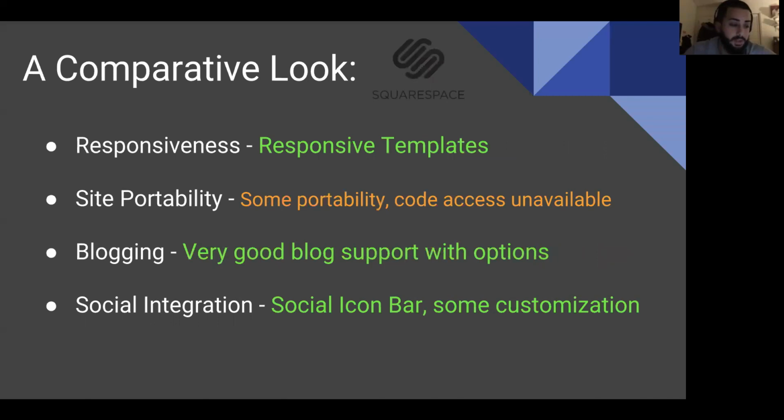The next one that we looked at was Squarespace. Squarespace does a really good job at responsive templates. That was one of the pluses with them. The only downside is there's really no customization on something such as the mobile versions of the website. So for example, a navigation menu. I don't know if you guys are familiar with the hamburger logo that's often used as a mobile nav menu. So that works well on mobile. It sometimes works well on